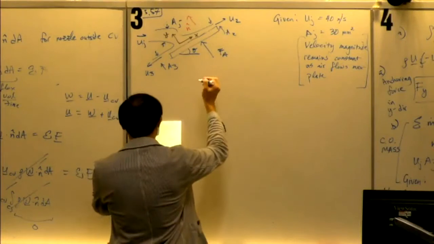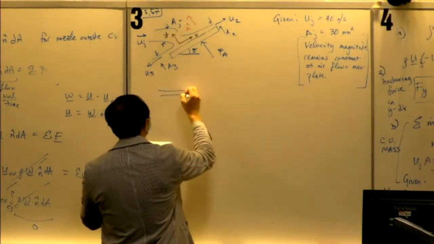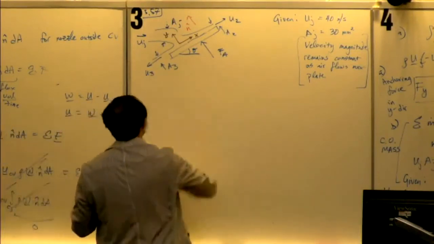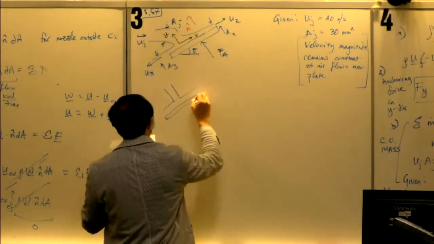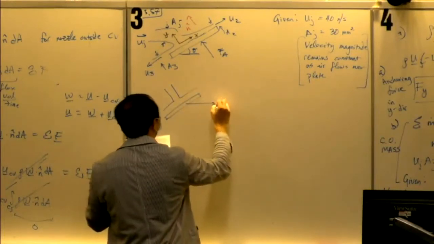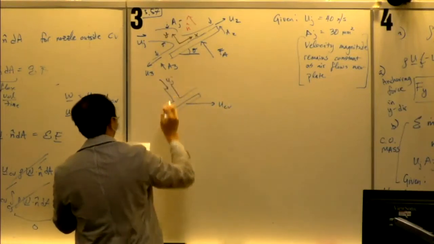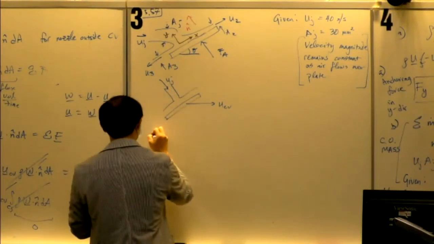We're given that it's moving to the right. So now this thing is going to the right at UCV. We're still having this UJ. So the sum of the forces